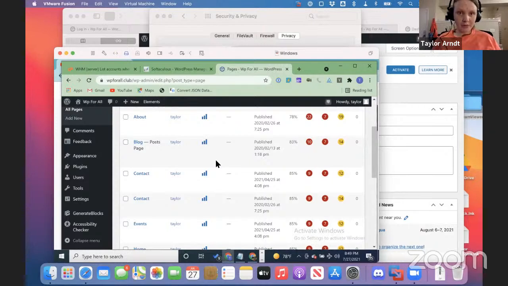So I'm going to press down arrow now. Edit contact. Collapse quick edit contact inline. Link move contact to the trash. Link view contact. Blank. For author column 3 link Taylor. At stats column 4 link view stats for this post in WordPress.com. Comments column 5 no comments. That's because I have Jetpack installed and enabled. Blank. Date column 6 published 2021/04/25 at 4:08 p.m. Past accessibility test column 7 85%.